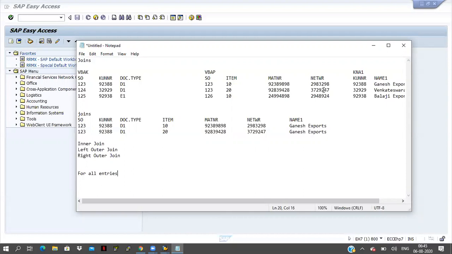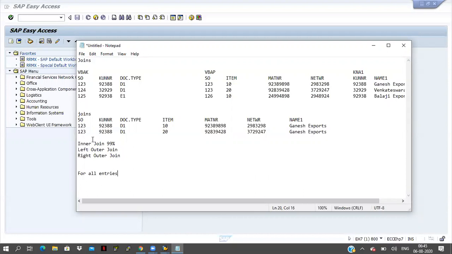In real time, 99% we will go for inner joins only. If you are using the joins concept, then we will go for inner join only. Otherwise, parallel entries is there.